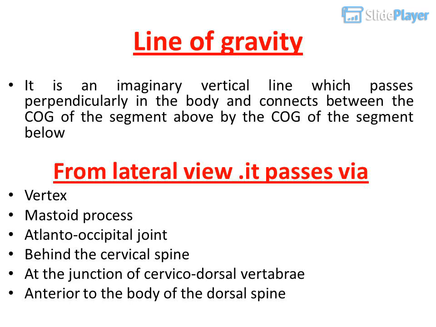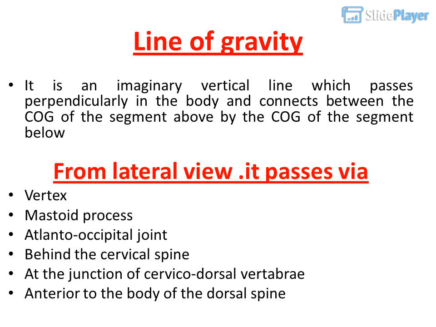Line of gravity. It is an imaginary vertical line which passes perpendicularly in the body and connects the center of gravity of the segment above with the center of gravity of the segment below. From lateral view, it passes via the vertex, mastoid process, atlanto-occipital joint, behind the cervical spine, at the junction of cervico-dorsal vertebrae,